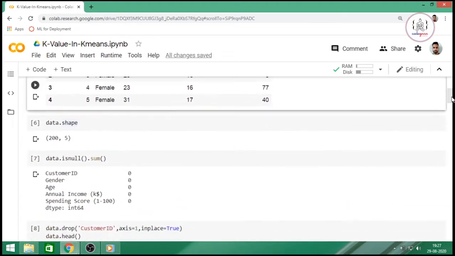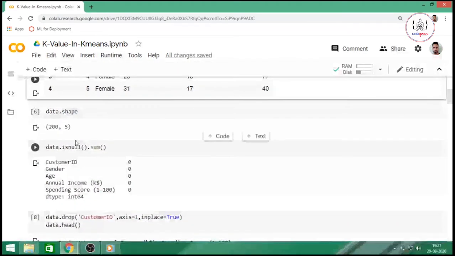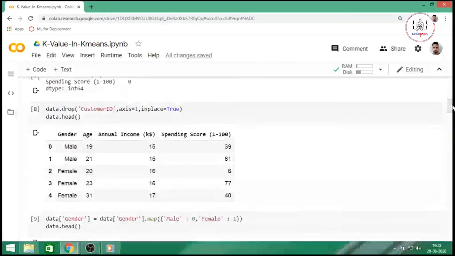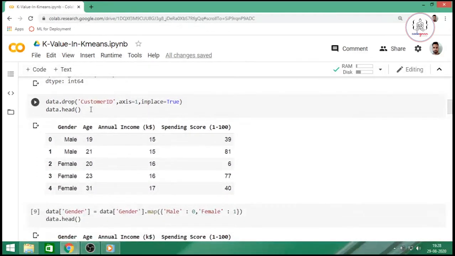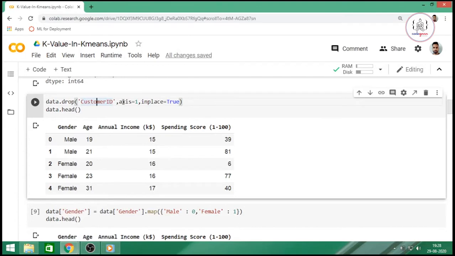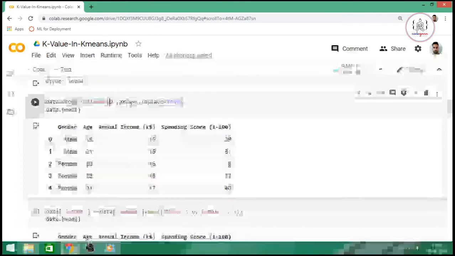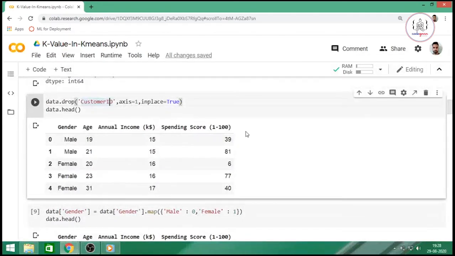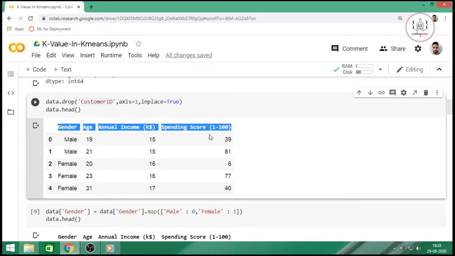This data set has 200 rows and 5 features and we don't have any null values. In the next cell we have dropped the customer ID as this was just a unique identification number for the customer.